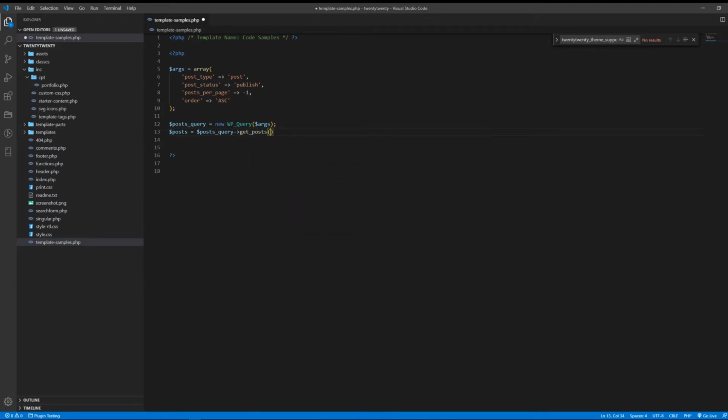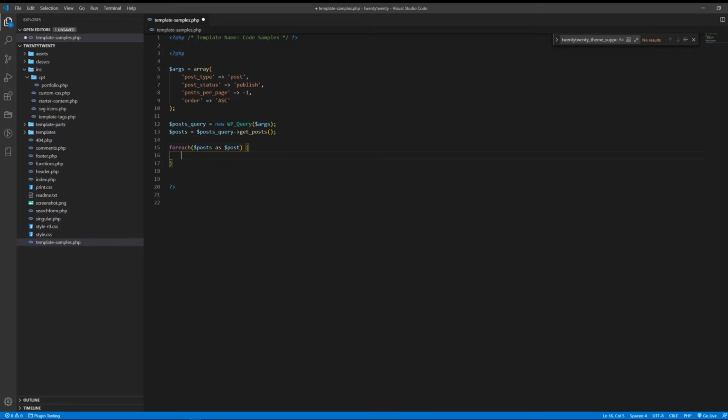Yes, post query get posts. This is going to retrieve all of my posts from the WP query, and then I'm going to do a quick foreach loop here so you can see what the data looks like. So foreach post as post,